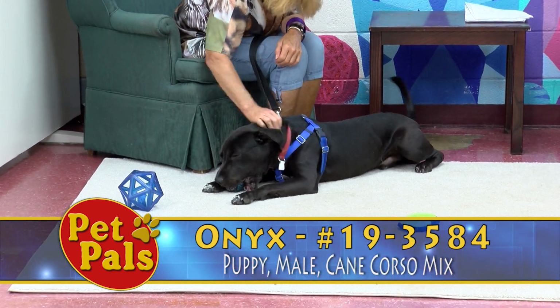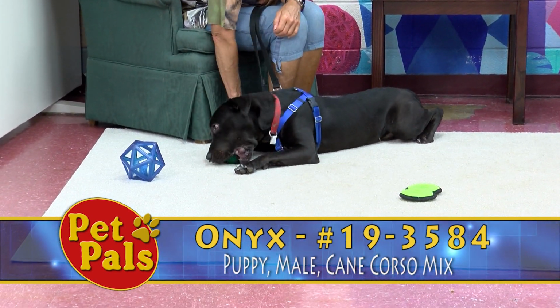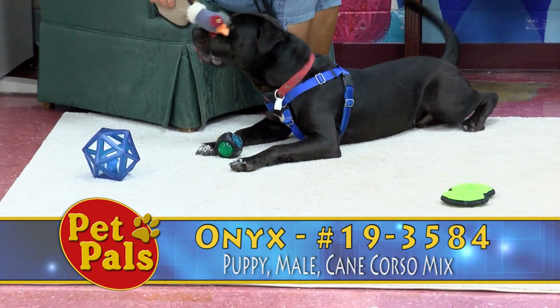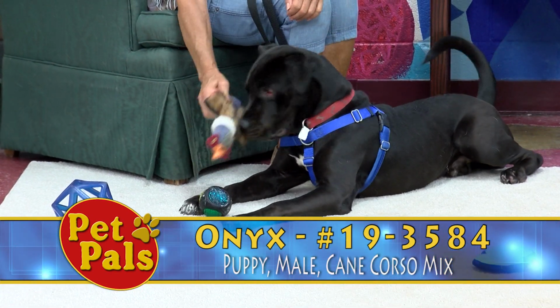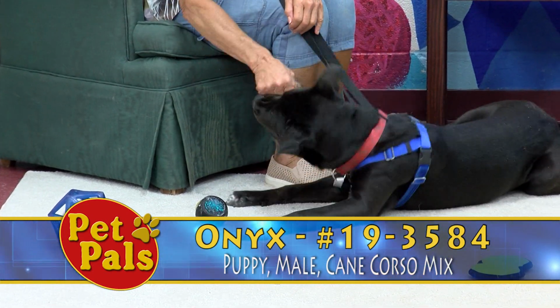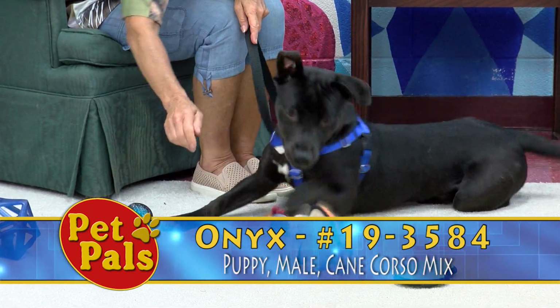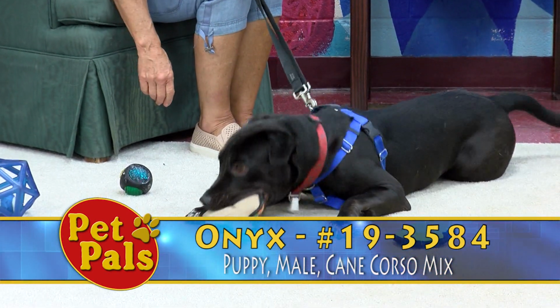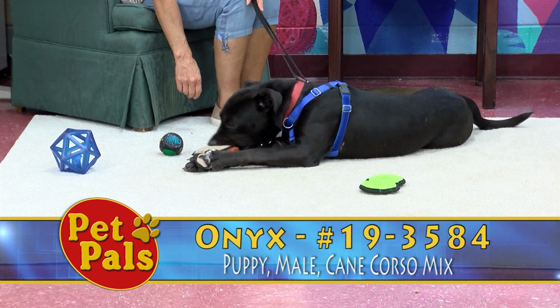You know, walking on his leash without pulling and jumping up on people. Just some basic things like that. But the main thing with Onyx is that he's very intense about his food. So we behavior assess animals here for food aggression, and we use a plastic hand. And so Onyx bit the plastic hand, but we have volunteers who have been working with him, and he's fine